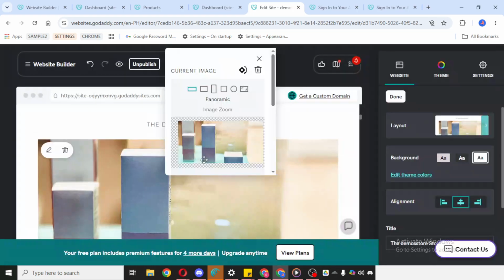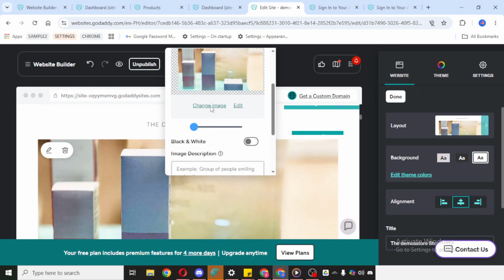And that's it. You've now added images or photos to your GoDaddy Website Builder site. After reviewing how everything looks on the page, you can continue editing if needed and keep building out your site visually.